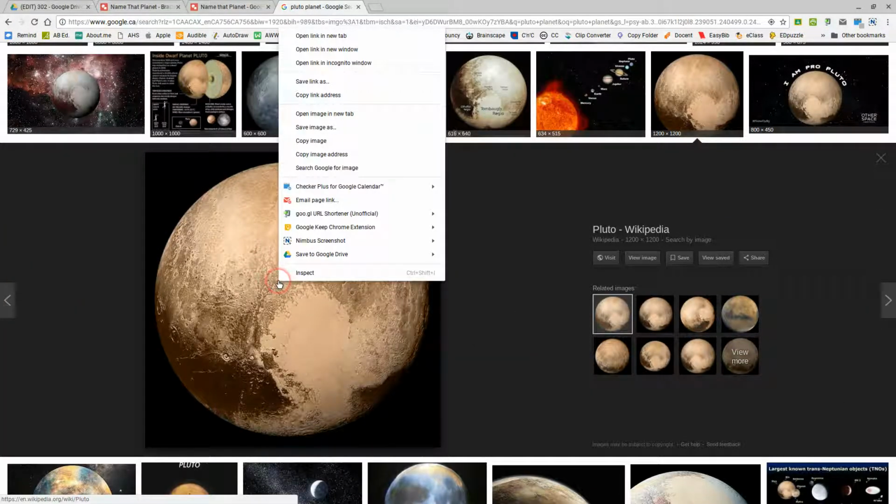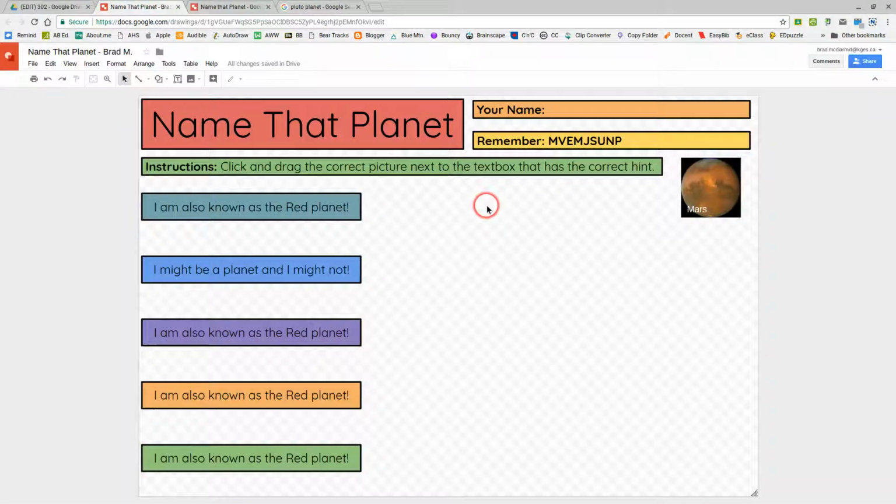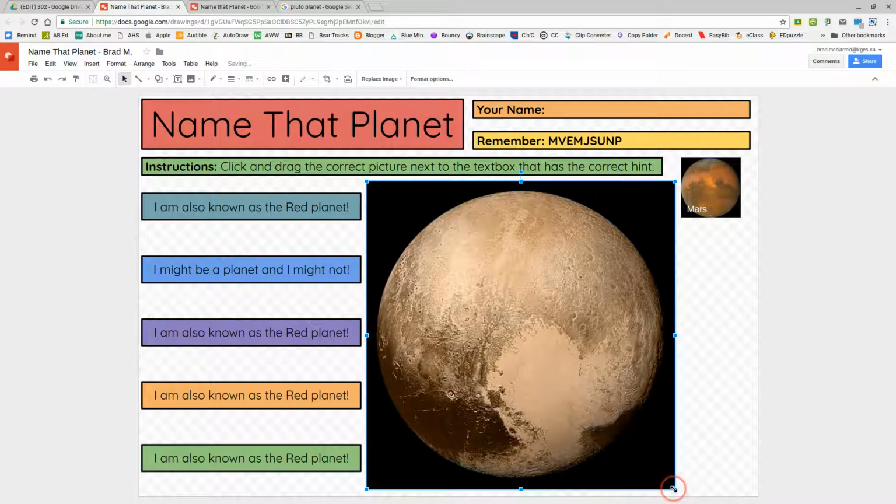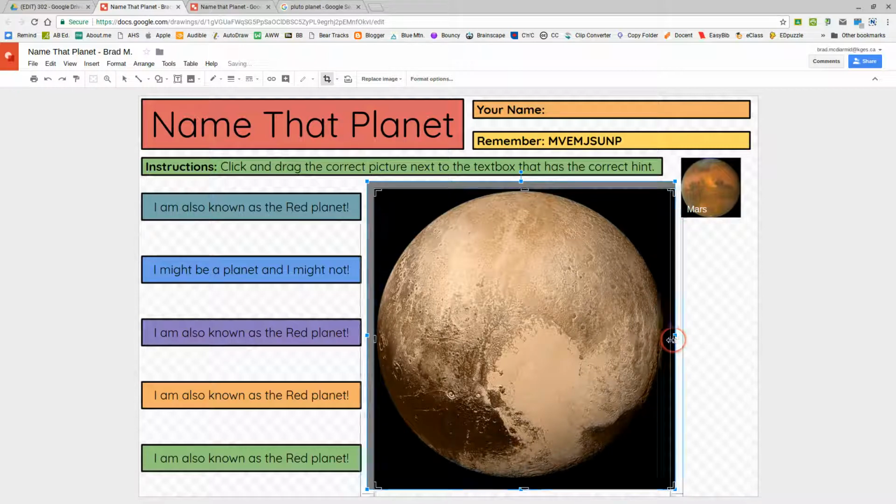Okay. And if I right click it again and I copy it and I come back to my canvas and I paste it, it's going to come in really big, and that's okay. I'll crop it just a tiny bit. You see how close the black edges are to the planet Mars here? So if I double click the picture, you can see how it gives us some other little handles here. And on this one, I am going to slide it over a little bit, down a little bit, and I'm just going to do that all the way around. I could have grabbed the corners, but this is a little bit more fine tuning. And once you have it about where you want it, you just hit enter or return,